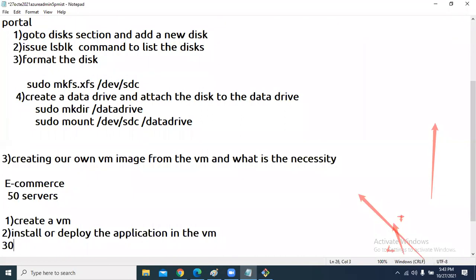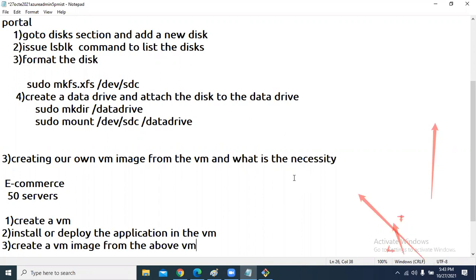And once my application is deployed, I am going to create a VM image from the above VM.